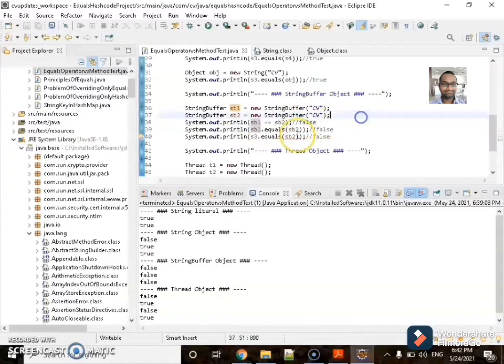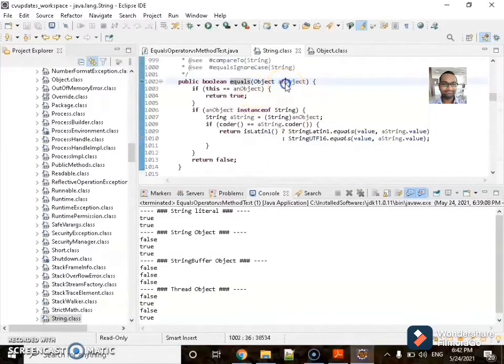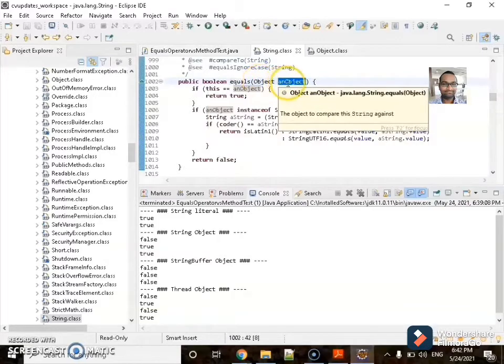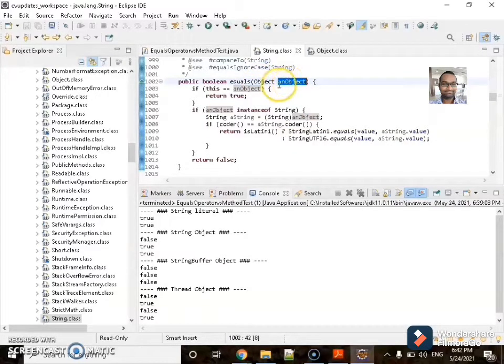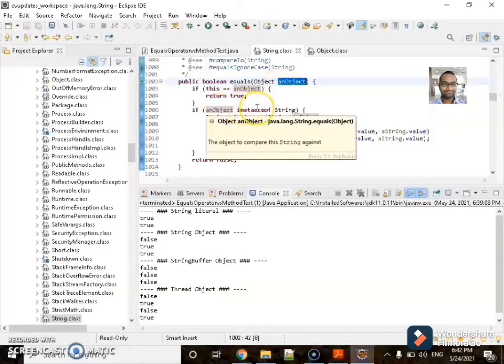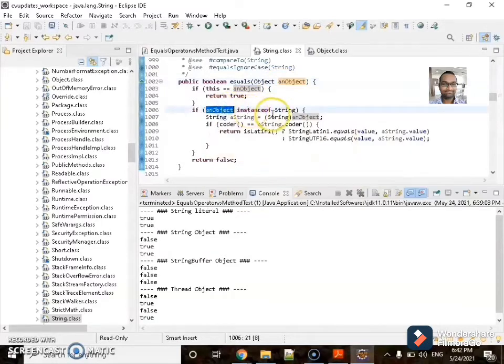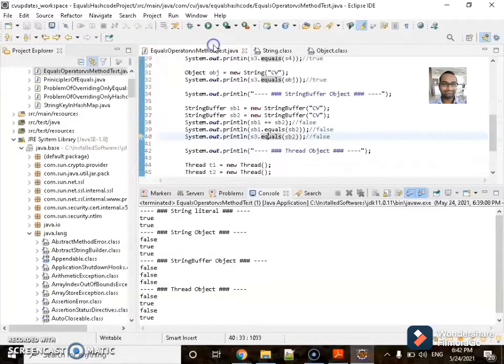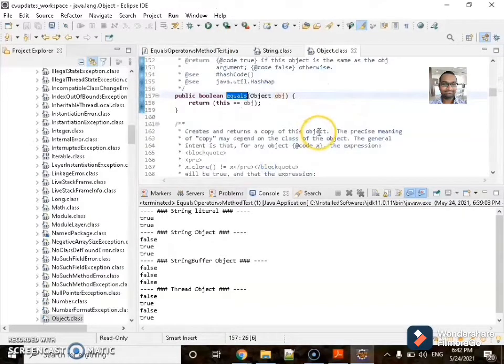Let's go to the string again. We are passing the string buffer object here. The string buffer is not an instance of string, so it comes out of this and gives false.